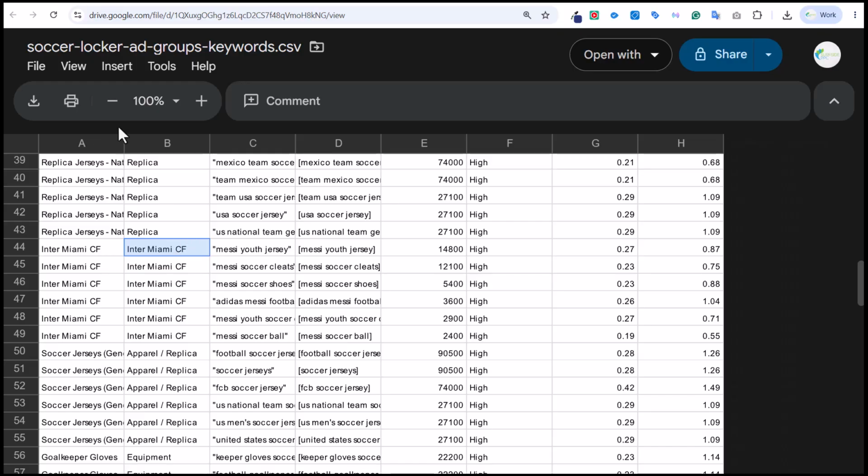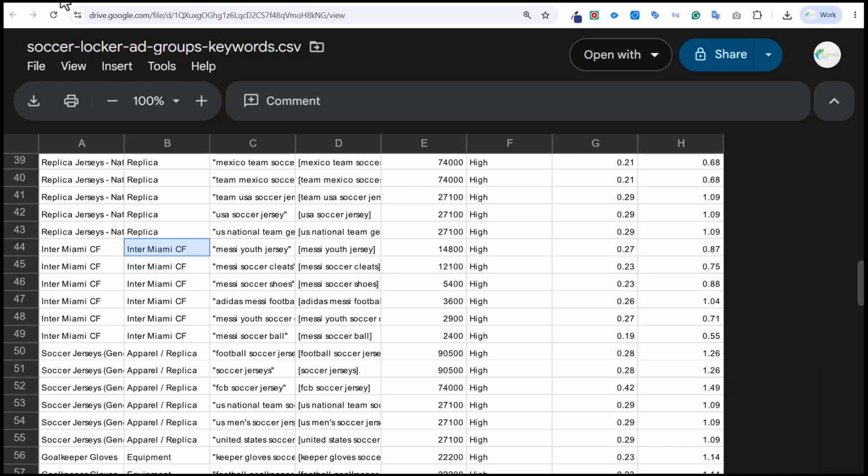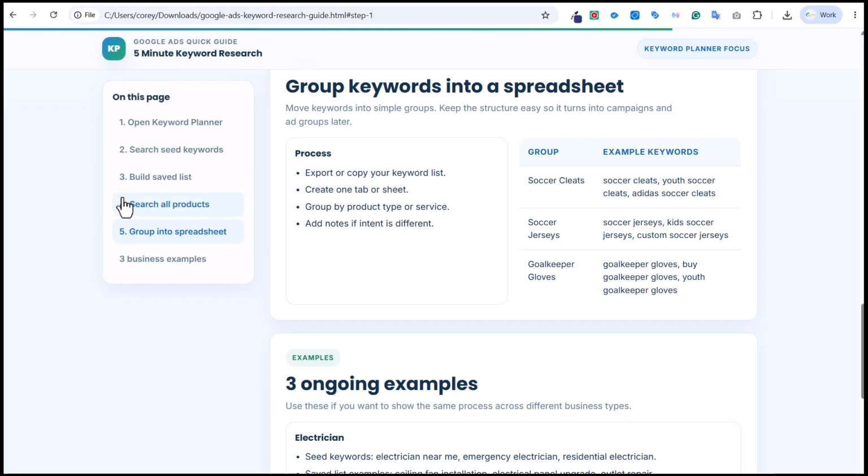So that's the 5-minute Google Ads keyword research guide. Basically, we're using the keyword planner, breaking down our categories into subcategories, and using a little bit of AI to help us come up with our spreadsheet. If you have any questions about any of this,